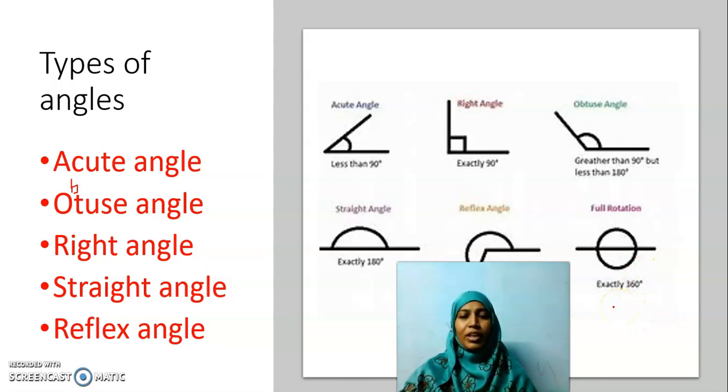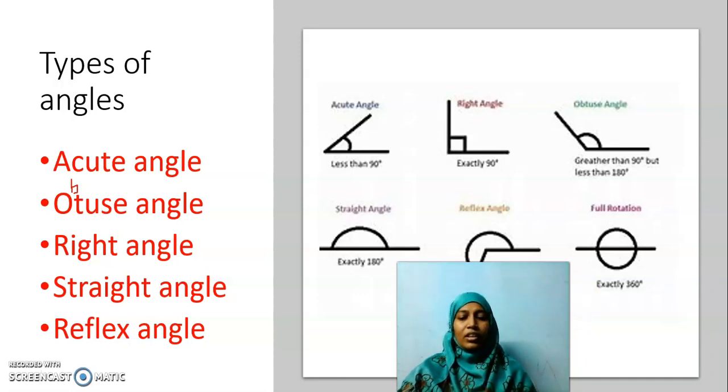One interesting question for you, my dear children. Is it possible to have angles greater than 360 degree? You can discuss this question with your elder brothers and sisters who are studying in higher secondary. They will give you a good definition and you can share this question and answer in the group with different answers. I will be expecting answers in the group. Okay, what is the question? Do we have angles greater than 360? And where do we come across such angles in our day-to-day life? Both you have to answer.